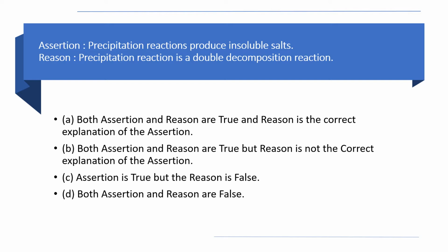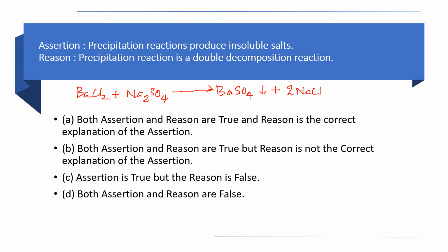Suppose you know that barium chloride BaCl2 plus Na2SO4 sodium sulfate, when they react together, you will get barium sulfate BaSO4 down arrow plus 2 NaCl. Now look at the equation. The chemical equation is balanced. 2 chlorine is here, 2 chlorine is here. One barium is here, one barium is here. One sulfate anion is here, one sulfate anion is here.